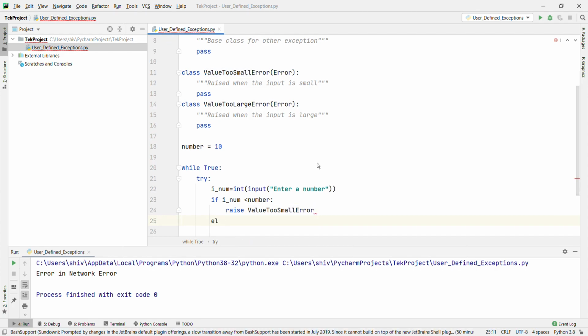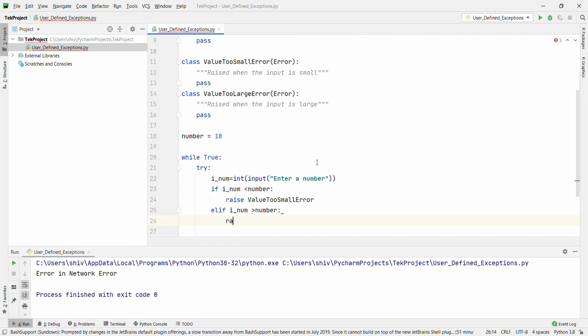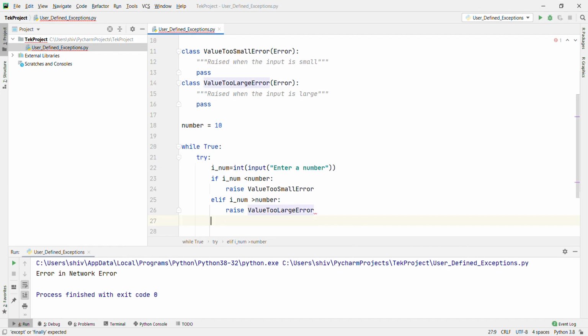Else if i_num is greater than number, then raise ValueTooLargeError. Otherwise, break.